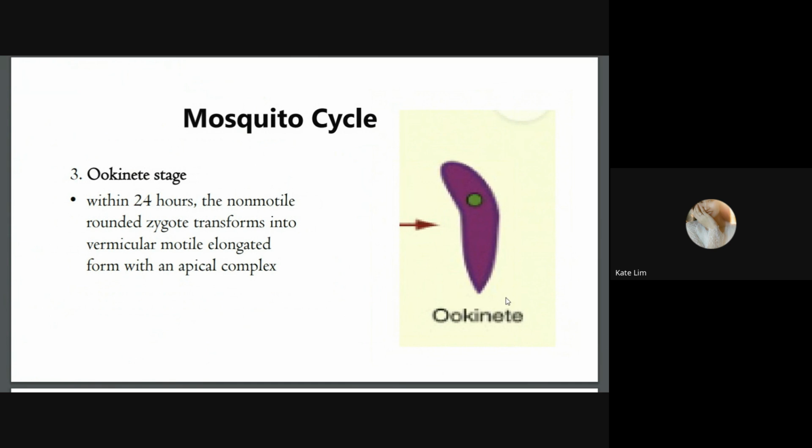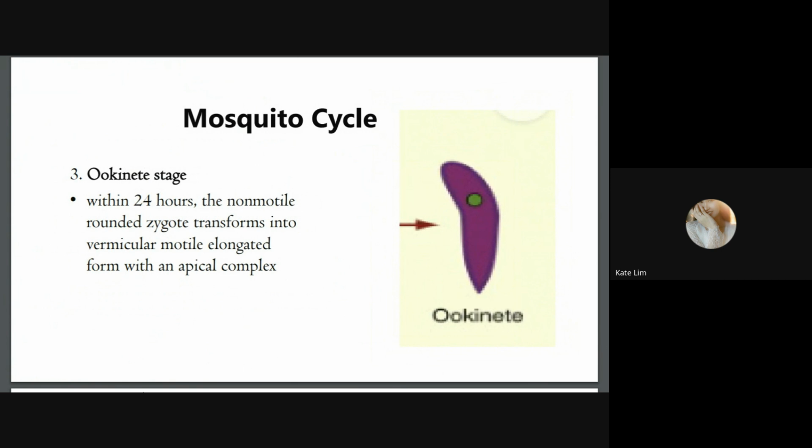So this motile form can now move through the mosquito's midgut wall. And this motile form is what we call the ookinete. The ookinete in some books is also referred to as the traveling vermicule. When you say vermicule, that means worm-like. So as you can see right here,